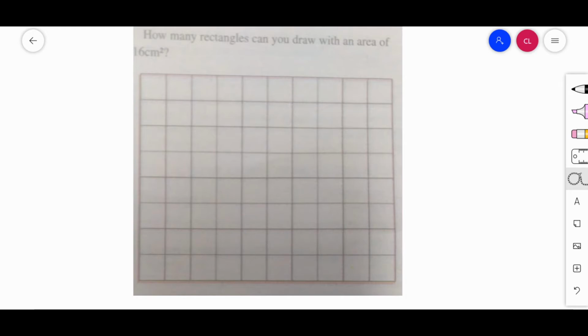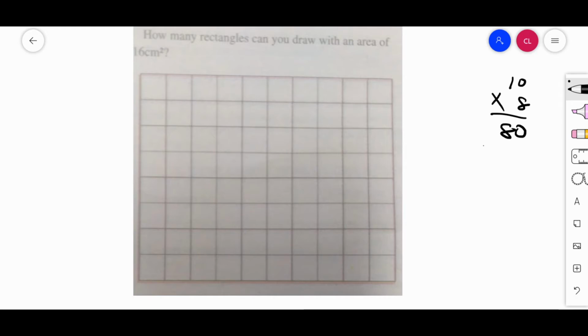So for the exploration here, they ask, how many rectangles can you draw with an area of 16 centimeters? All right, so let's see what we have. We have 1, 2, 3, 4, 5, 6, 7, 8, 9, 10. So we know that we have 10 here. All right. And if we have 10 there, then we have 1 2 3 4 5 6 7 8. So we have 8. So 8 by 10, this is 80. So we should have 80